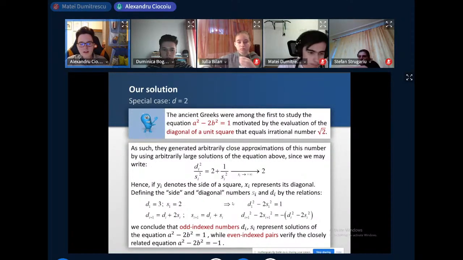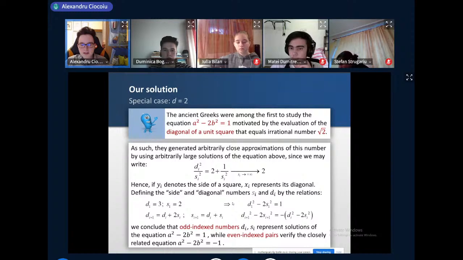Now, regarding the Pell equation, a series of brilliant ideas of ancient Indian mathematicians like Brahmagupta, Bhaskara II, and Narayana, related to equations of the type a squared minus d b squared equals plus or minus 1, were completely unknown to the European mathematicians in the 17th century. The European interest began in 1657, when Fermat issued a challenge to the mathematicians of Europe and England, looking for